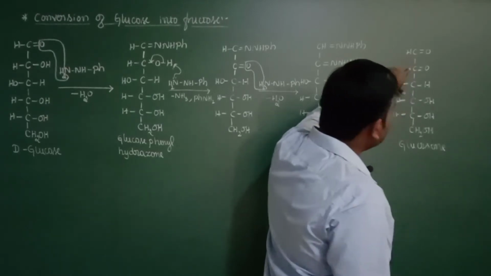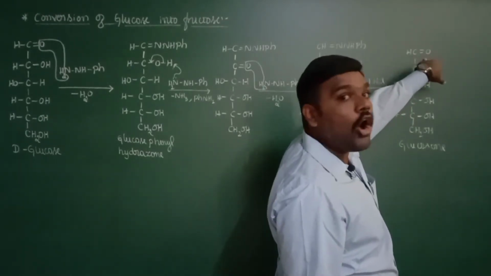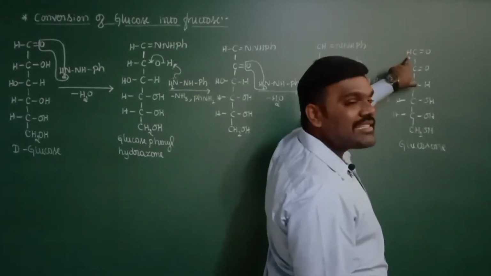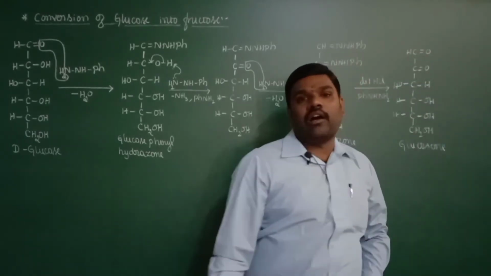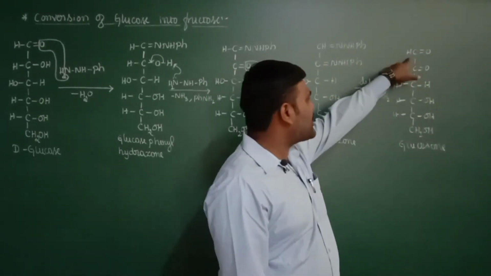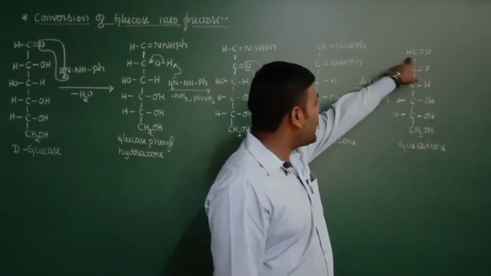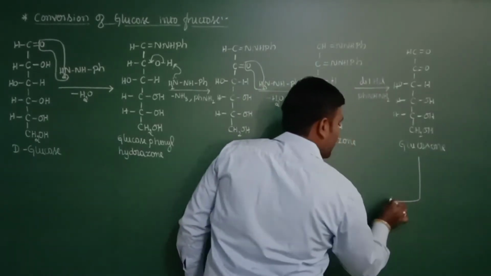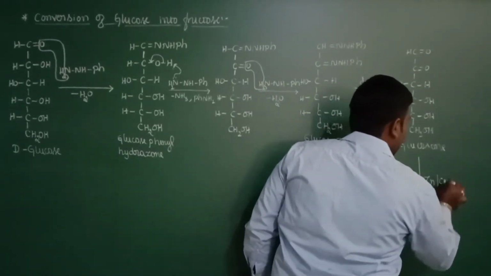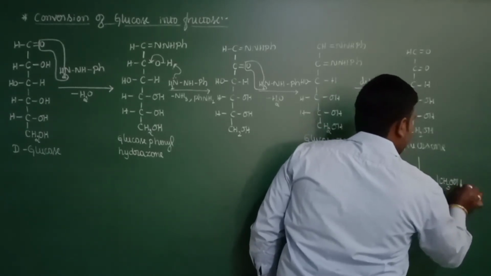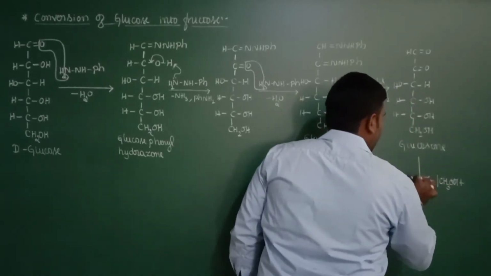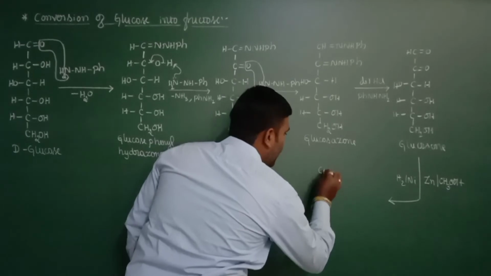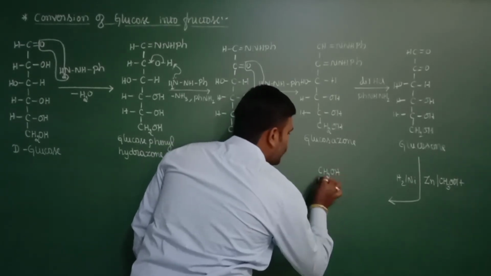now we have to retain this ketone and we need to reduce this aldehydic group to the form of alcohol, because we know that in case of fructose the first position will be CH2OH, so the aldehyde is supposed to be reduced to get alcohol. And for the purpose of reduction, the reduction will be performed in presence of zinc in acetic acid, or you can use hydrogen in nickel. So the aldehyde group will get reduced into the form of alcohol, so it will change into CH2OH,